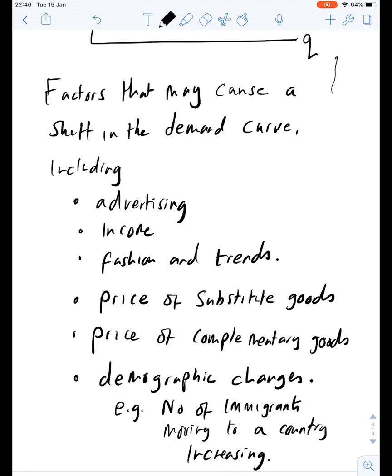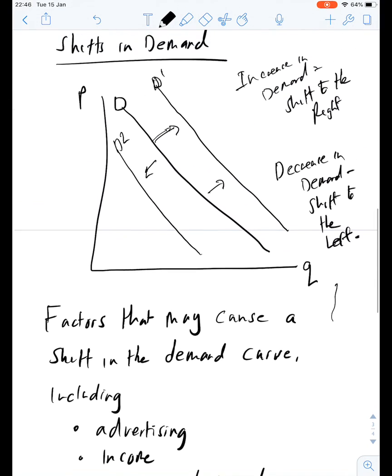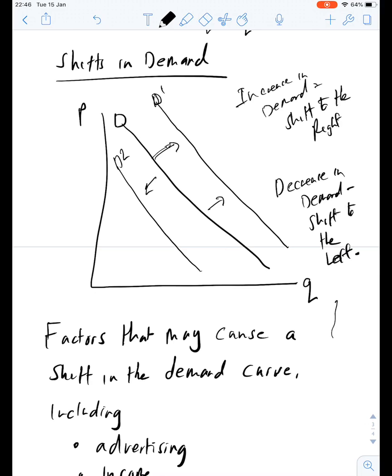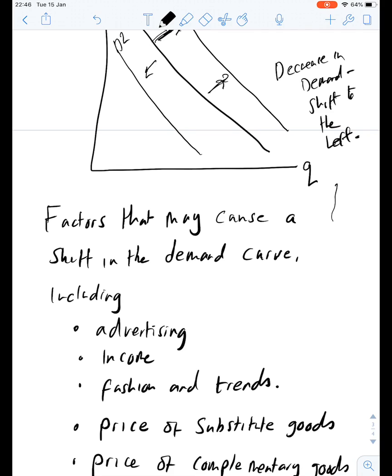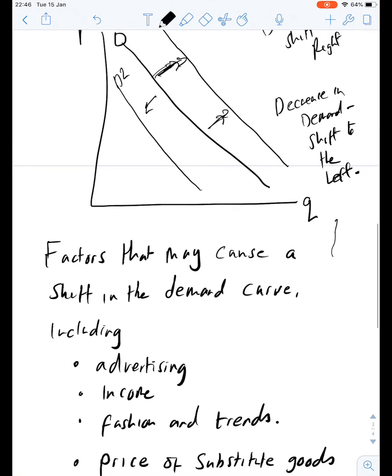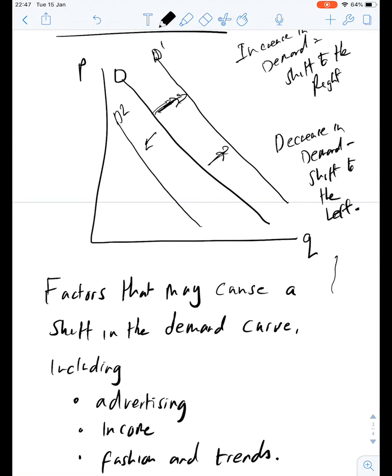The first one being advertising. So the more a firm spends on advertising, the more people become aware that the product exists. Therefore, the demand will increase. So it would be an increase in demand, a shift to the right. If a firm spent less money on advertising, then the demand will go down in theory, so it'd be decreased